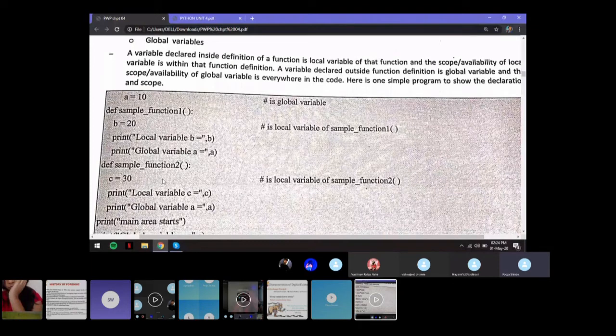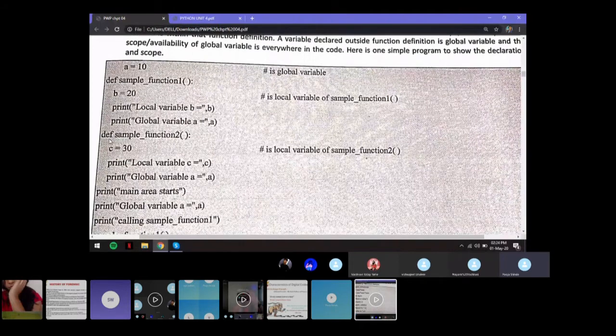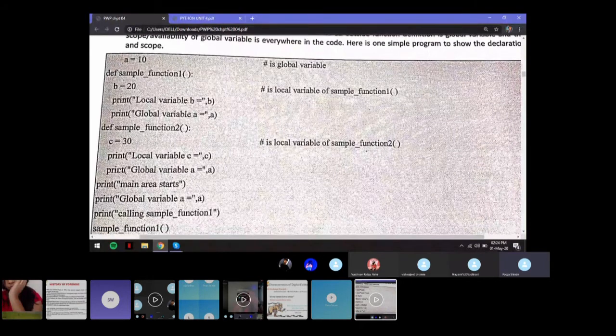Again, if you have another function called sample function 2, and if you declare a variable called c equal to 30, it will be a local variable with a function scope inside function 2 itself, right? Next.